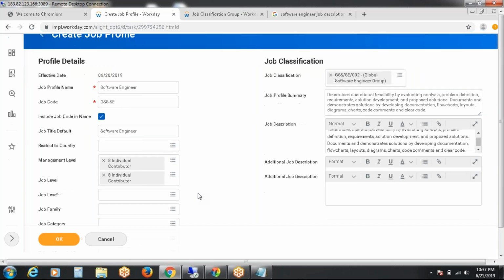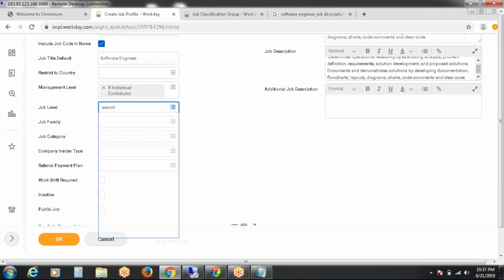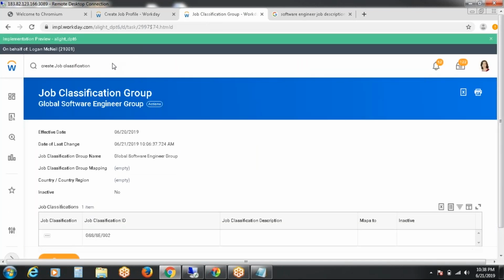And select the job level. Currently we don't have one, so we need to create the job level also. That is an optional part actually, but still if you want, please select.